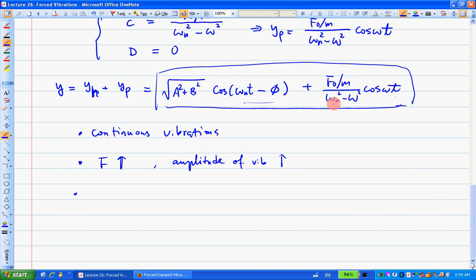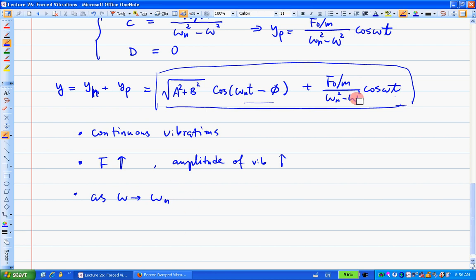Omega n, you can't change that, right? Omega n is the natural frequency. So omega is this value here. If you change this omega, it's going to affect this amplitude. How's that going to affect the amplitude? Basically, as omega is getting close to omega n,